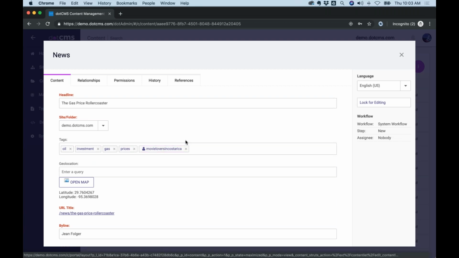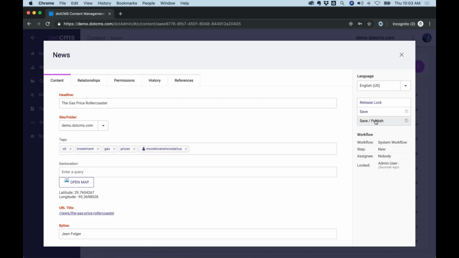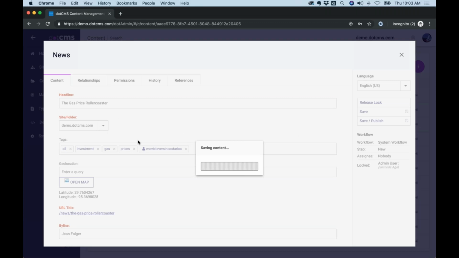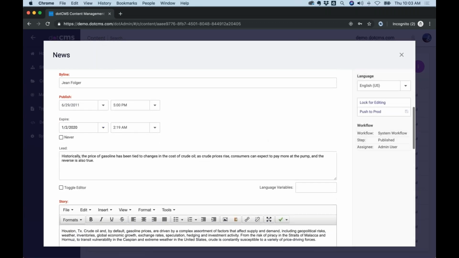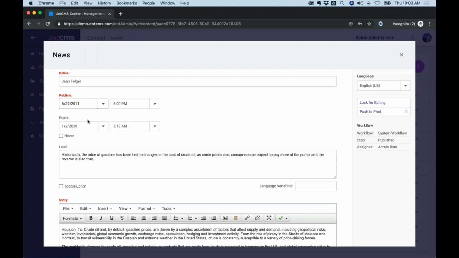The second you create a persona, if you start typing the name of a persona, it'll automatically appear here as a tag, and you will notice that it is a persona tag, which has a 100 tag score weight in the algorithm as compared to the rest of the tags. If I save and publish that, even though this is an older piece of news, 6/29/2011,